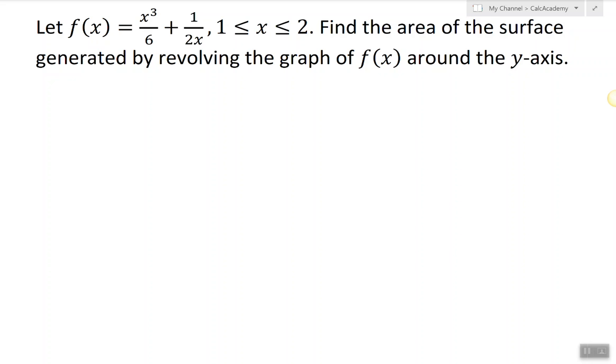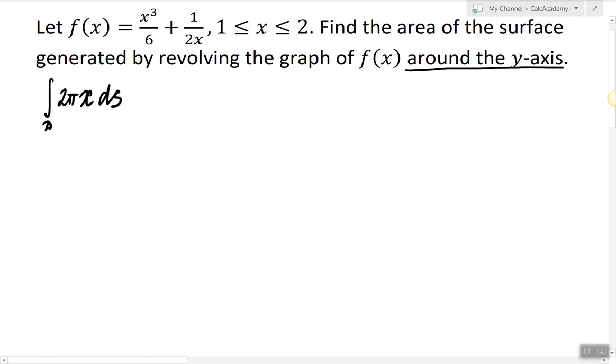In this video, I will show how to find the area of the surface generated by rotating a piece of the graph around a horizontal or vertical axis on a given interval. And because we're rotating around the y-axis, the formula that we're going to use for finding the surface area is the following. It's going to be the integral of 2 pi x